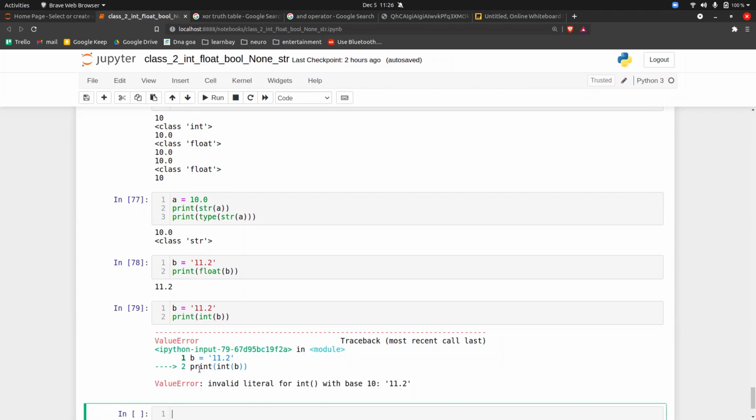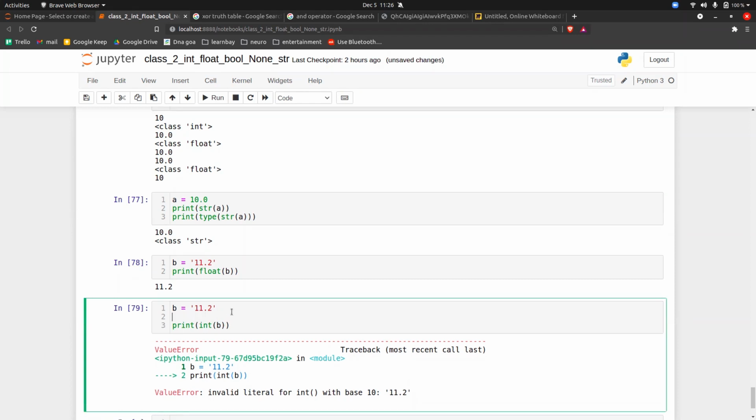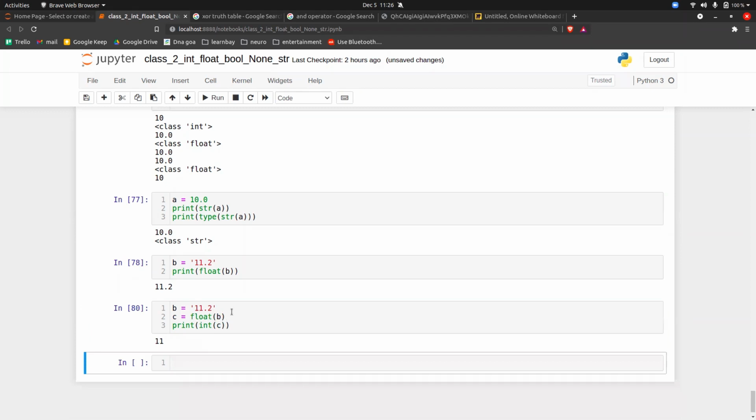And the example is this. We have seen clearly that it is not possible to convert a floating string to an integer. But if you know Python, indirectly you can do it. And the answer is given by everyone in the chat box. That first convert to float, because that is possible, right? Convert to float and then convert to integer. We got the answer. So what you do is C is equal to float of B. Okay, and then int of C executed, and the answer is 11.